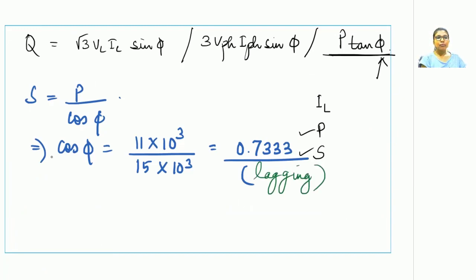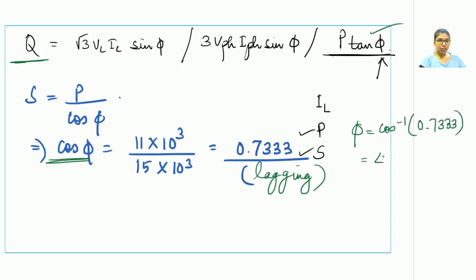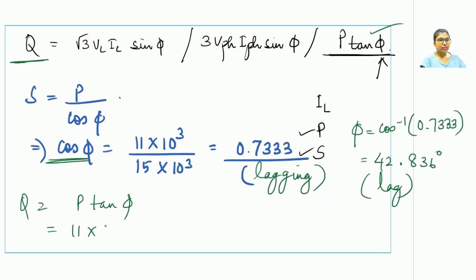So once the cos phi value is known to us, can we figure out the value of Q? Yes. Using this P tan phi expression, one can obtain it, or you can go for any of these expressions. For that, one has to figure out the value of phi first. That will come out to be cos inverse of 0.73, which is 42.836 degrees lag. So with this, Q comes out to be P tan phi, which is 11 multiplied with 10 raised to the power 3